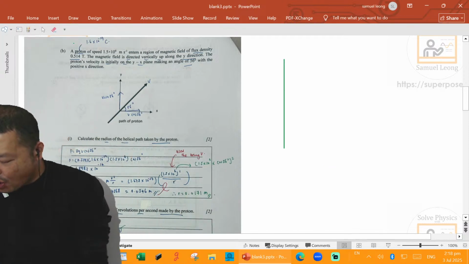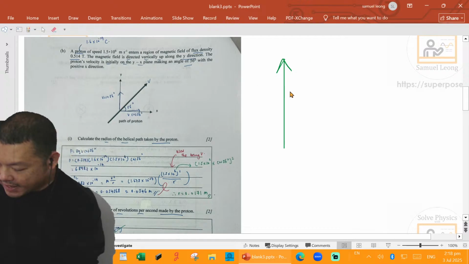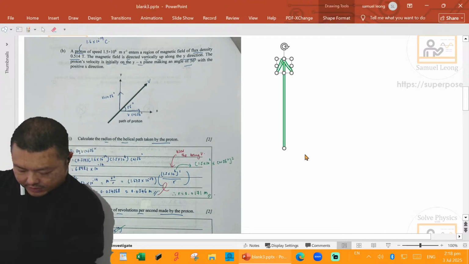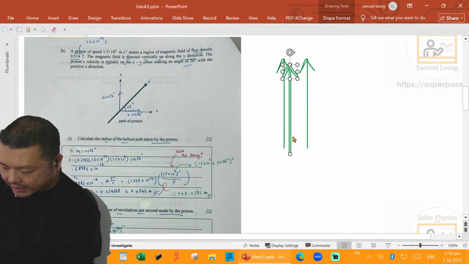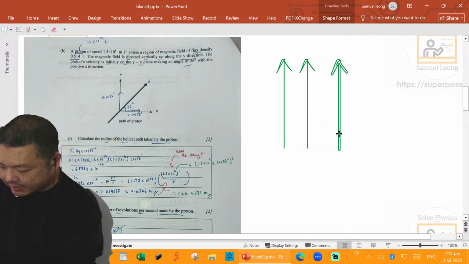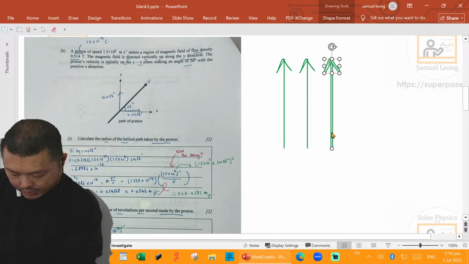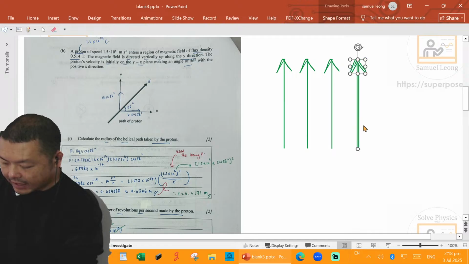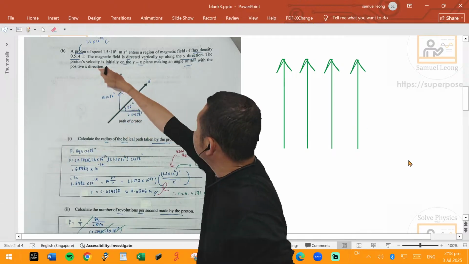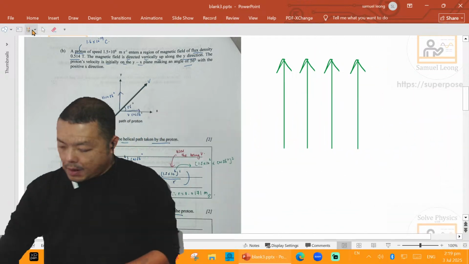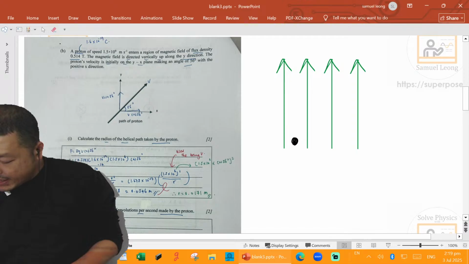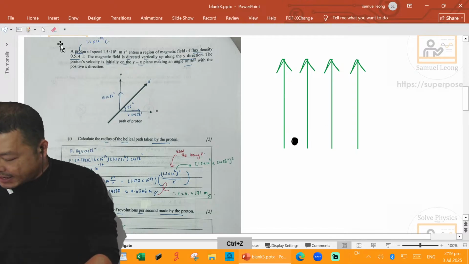So in this annoying example, it's such an annoying example actually, the magnetic field is directed upwards like this. So it's a bit different from the way I draw in class. If you notice, I did the helical motion as well in class. But the magnetic field is like this. I totally missed the second sentence: magnetic field directed along the y direction. And you have a particle that's going in at an angle like this, at an angle like that.